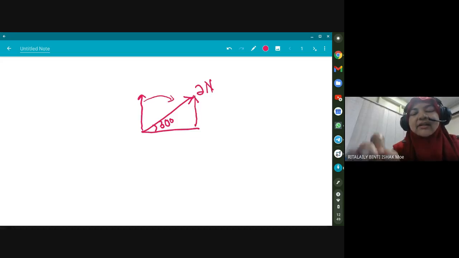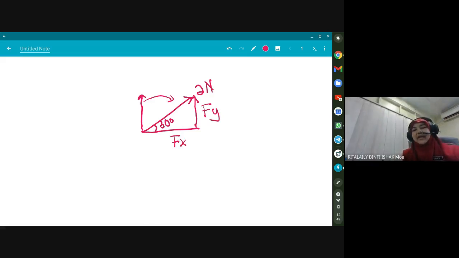Betul? Okay, so let's say this is Fy, and this is Fx. Okay, so we can calculate either Fy or Fx using Pythagoras theorem. Fy, bila kita pindahkan, as long as the direction is the same and value is the same force. So using Pythagoras theorem, kalau nak cari Fy,